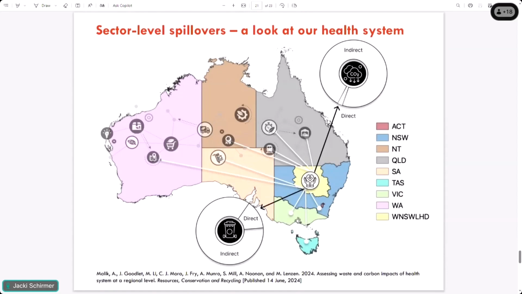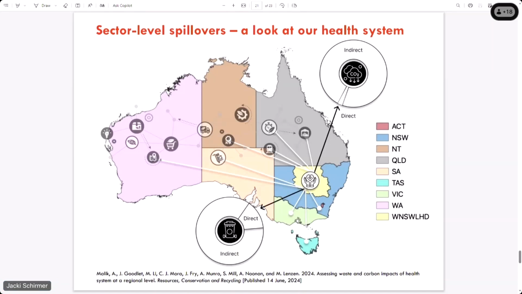So a bit closer to home. That was the EU and the work that we did with the United Nations Sustainable Development Solutions Network. But of course, if we want to hone in on one sector at a national level, we have spillover impacts at a regional level as well. So for sector level spillovers, we've done some work with the health system, and recently, this is freshly published, as we say in research. A couple of weeks ago, this came out, looking at the regional impacts, carbon and